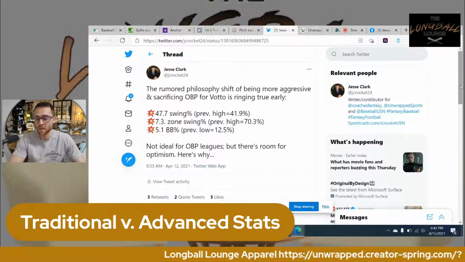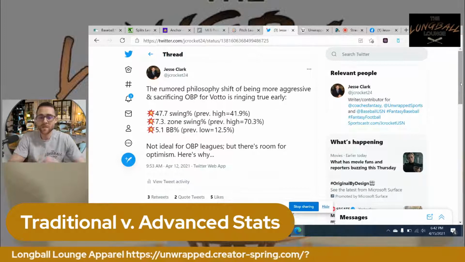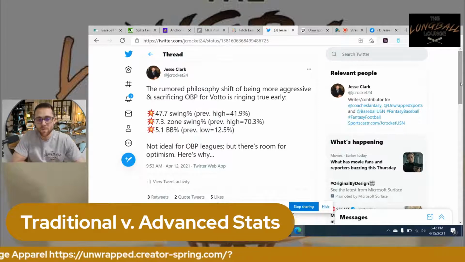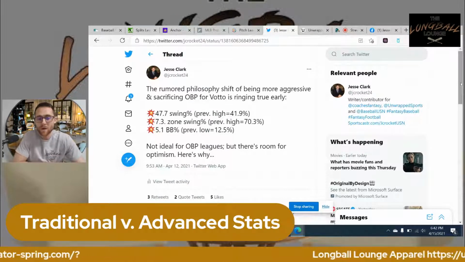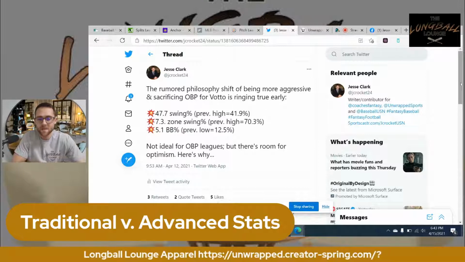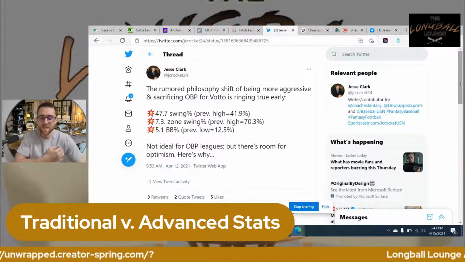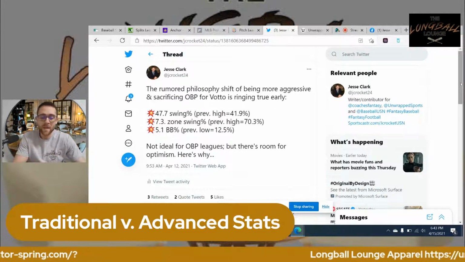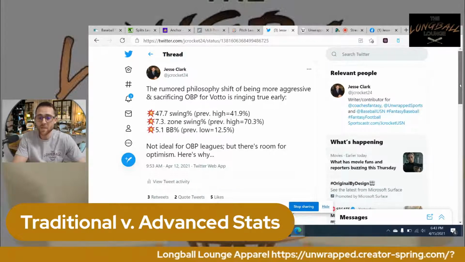in his batting approach. And for those of you that don't know, he's traditionally a big high on-base percentage guy, meaning he draws a lot of walks, he gets on base a lot. He's not super aggressive. He almost always watches the first pitch, kind of lets the pitcher make errors for him to get on base instead of attacking.